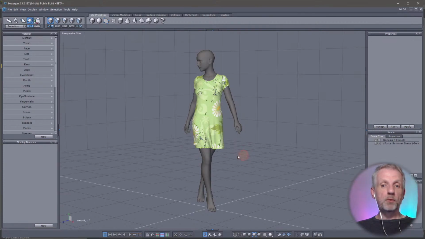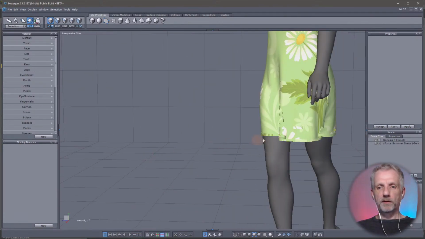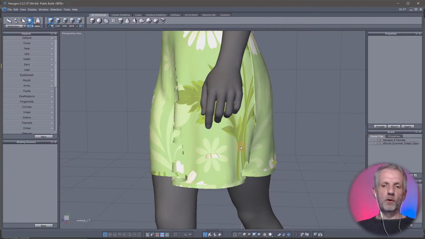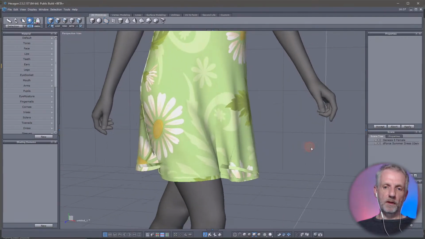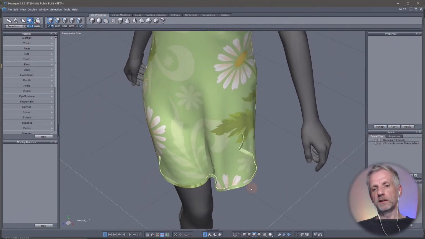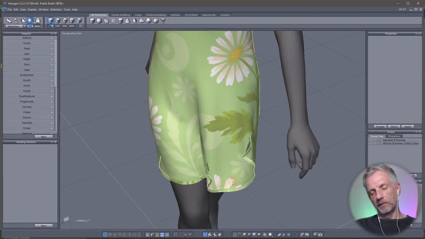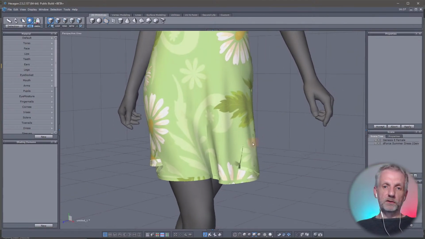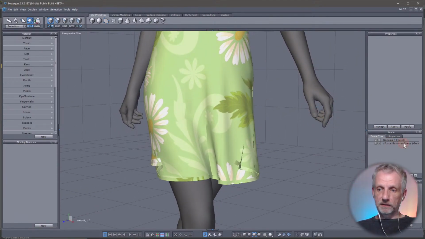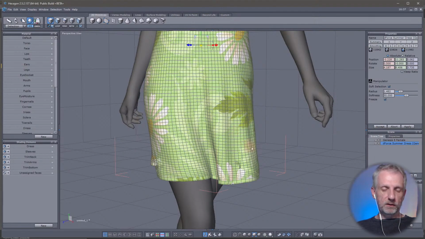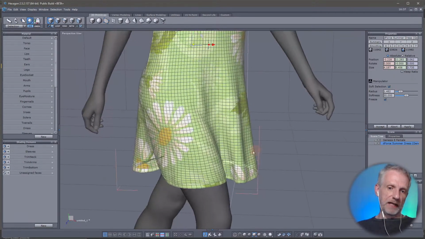And there she is in her posed version now, with all morphs applied. So let's go and flare that skirt out, because currently it's just hanging down. Maybe we want to indicate motion, or maybe she's twirling it a little bit or something like that. So in order to do that, once again, select the dress. And for flare, I'm thinking,